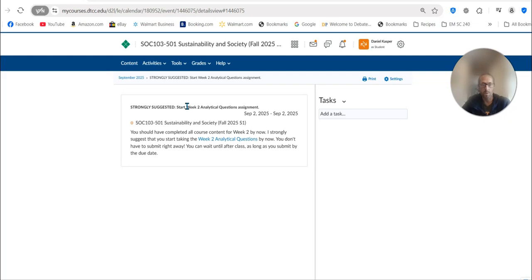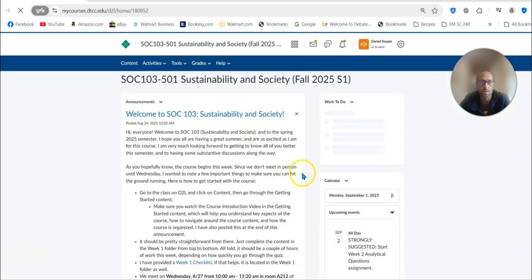In addition to going over all of the content, you should start the weekly question set. Remember, you have a question set due pretty much every week in the class, where you go and answer questions about the content. Remember that you have unlimited time on this. So you can start it, take a look at it and just see what the questions are, and then you don't have to submit everything. I would suggest at least doing that, and that'll help frame some of your thinking in terms of what I really want you to get out of the content. And then you can always submit it after class as long as you submit it on time. Okay, so back to the homepage.